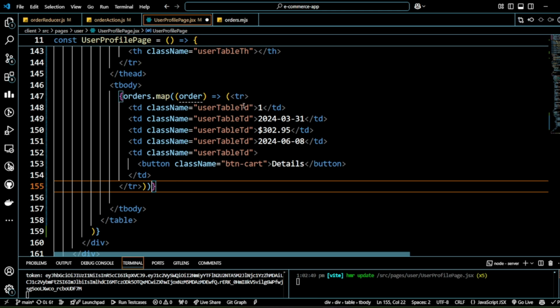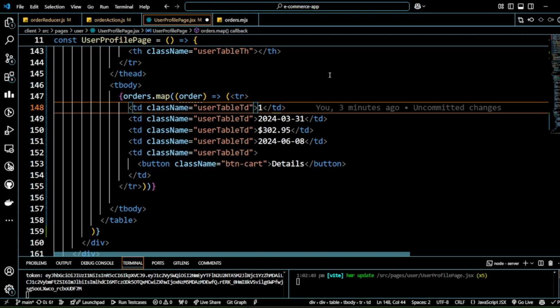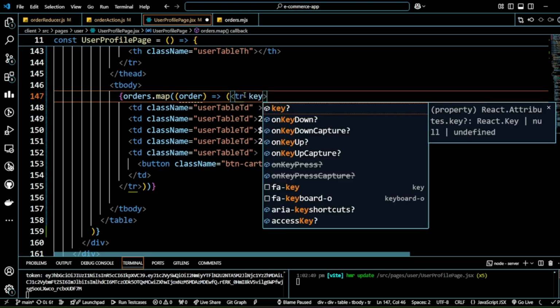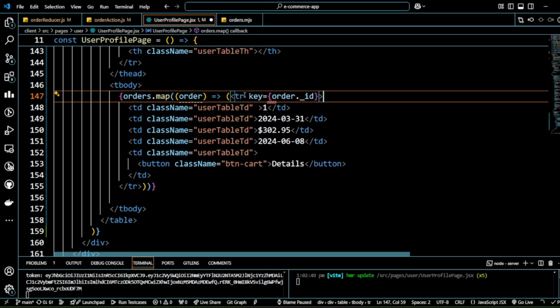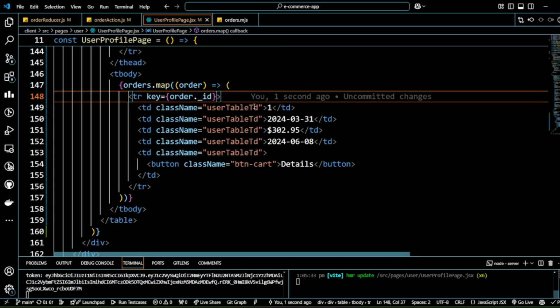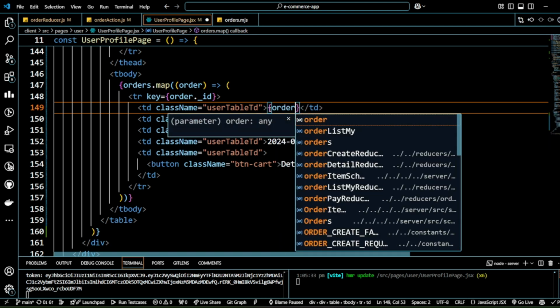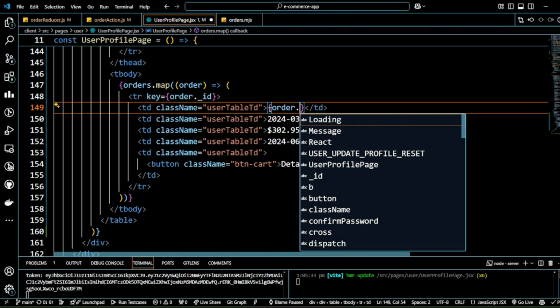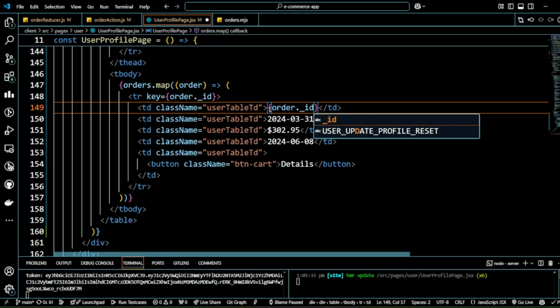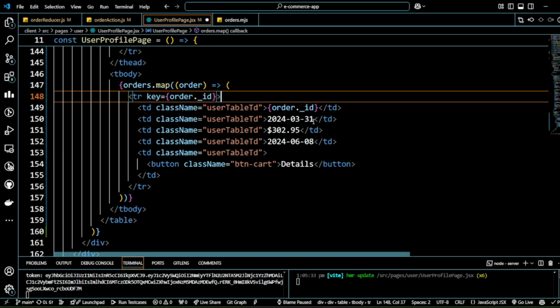What we have to do here is provide the key, order.id, that is okay. Then we have to provide here order.id, then order